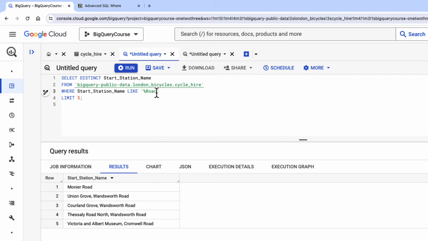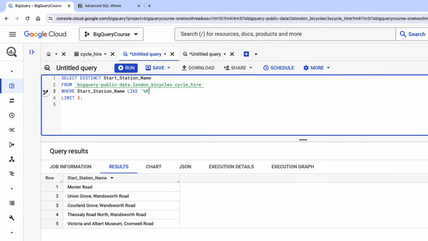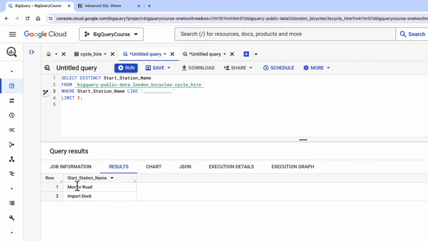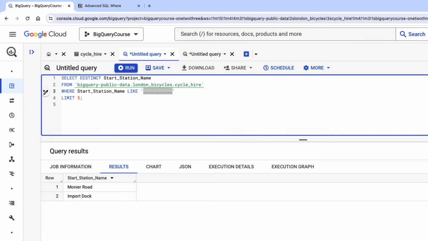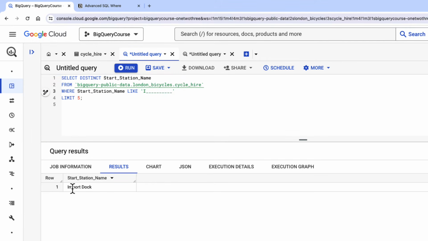Another wildcard we can use is the underscore. The underscore is any single character, so it's limited to the number of characters. Down here, this is 11 characters, and I've got 11 underscores there. This will give me all the station names with 11 characters. You can combine this with the percentage wildcard, and you can combine this with text as well. If I just put I in here and 11 characters, then I'm only going to get